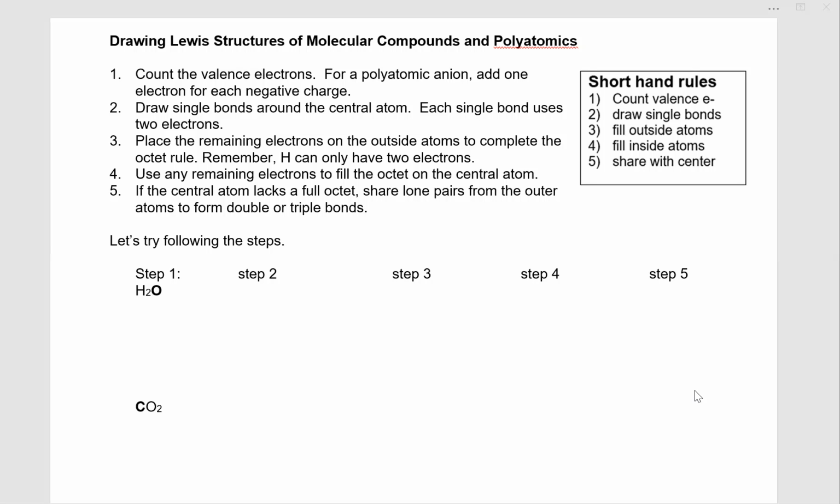First, we're going to draw single bonds around the central atom. I will always tell you what the central atom is. Each single bond uses 2 electrons. Then we're going to place the remaining electrons on the outside atoms to complete the octet rule. Everything moves in pairs. Now, remember, H can only have 2 electrons. 4, use any remaining electrons to fill the octet on the central atom. And 5, if the central atom lacks a full octet, share lone pairs from the outer atoms to form double or triple bonds. So we're going to work through these following the steps, and I'm going to work from left